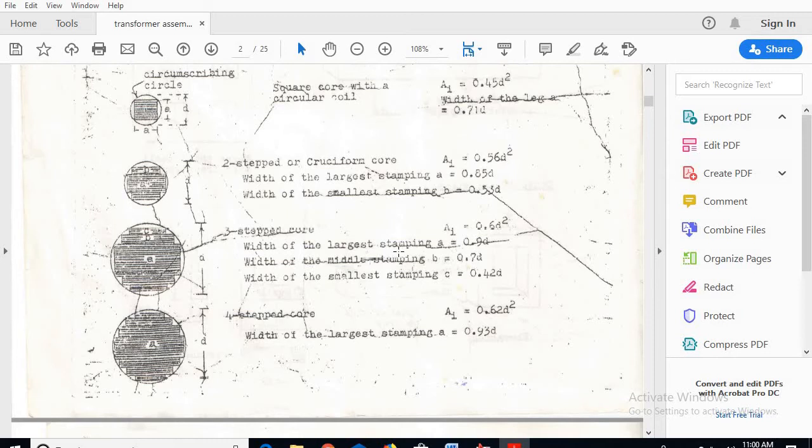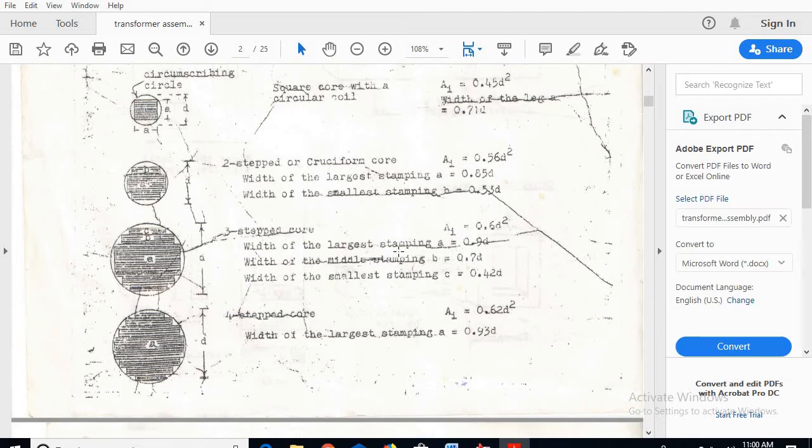A is equal to 198. B is equal to 0.7 D, so 0.7 into 220 is 154. Next, C is equal to 0.42 D. So 0.42 into 220, getting around 92.4.